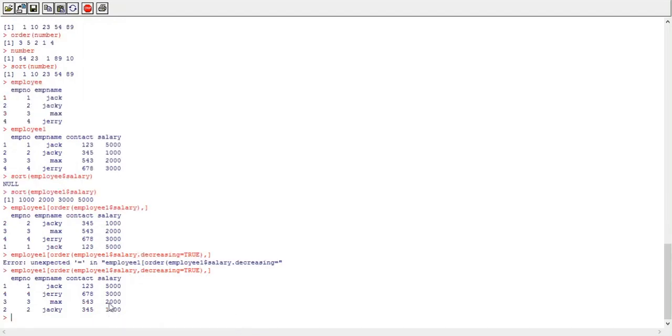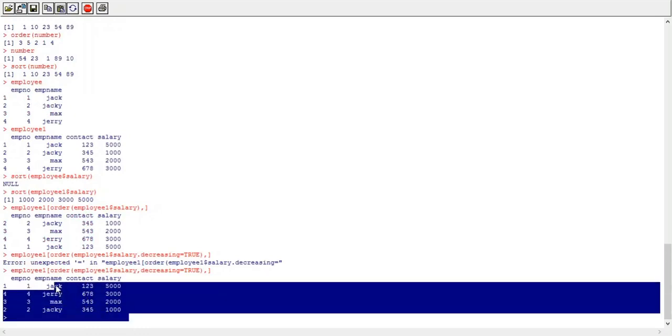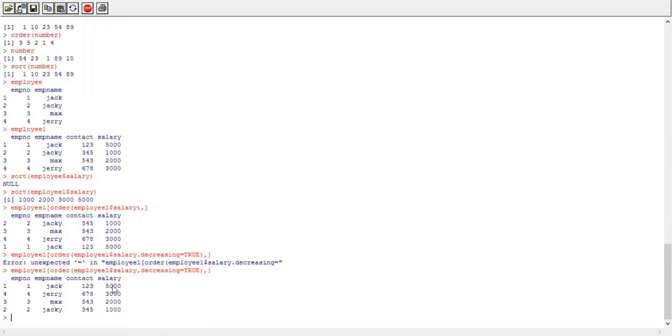See, our data frame is sorted in decreasing order: 5000, 3000, 2000 and 1000. This is how the order function can be used to sort a data frame. You can use any column name here. If you want to sort it by the employee name column, you can do that too.